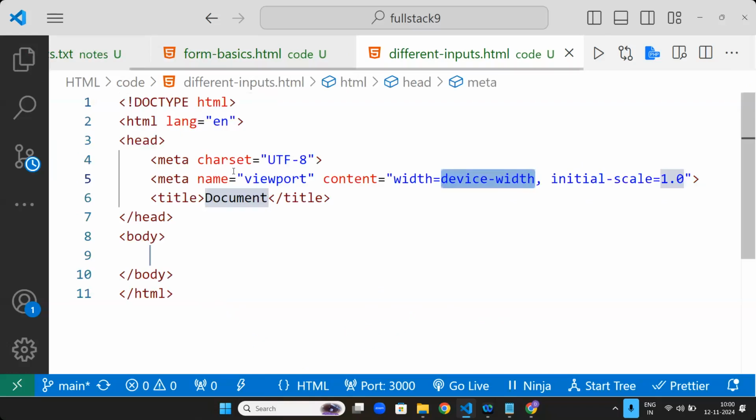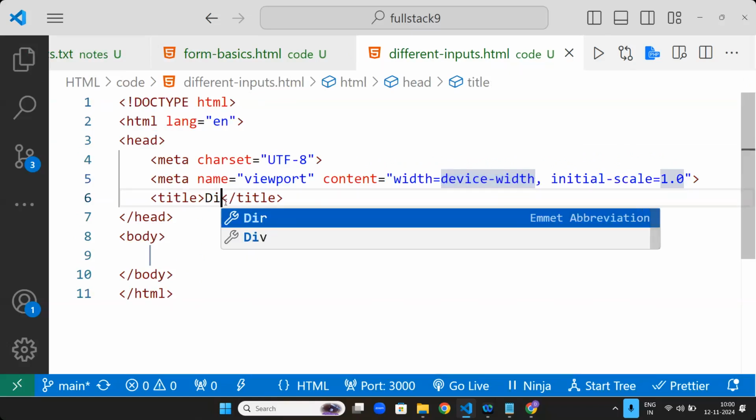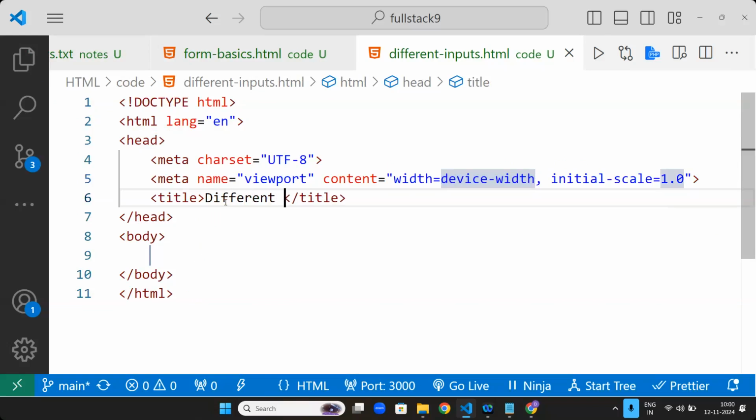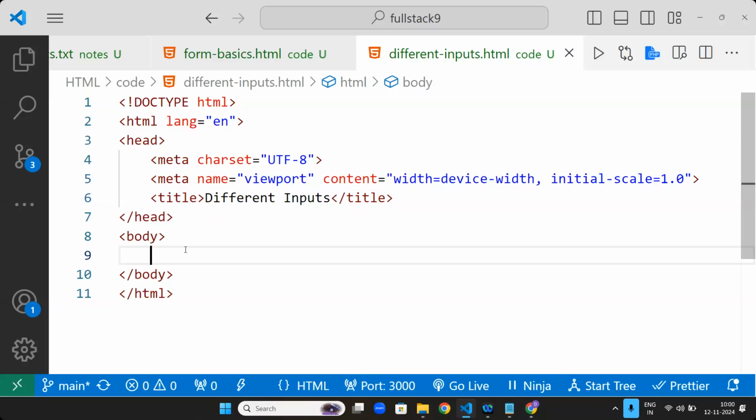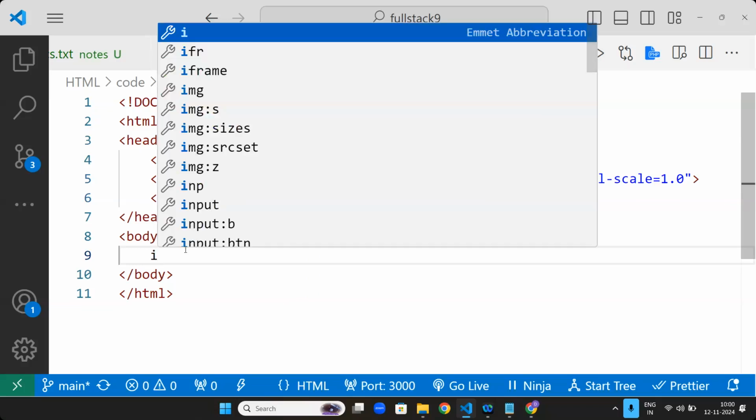Exclamation, enter. Now, different inputs. Here we are having different inputs. In these different inputs, first let's create a form.